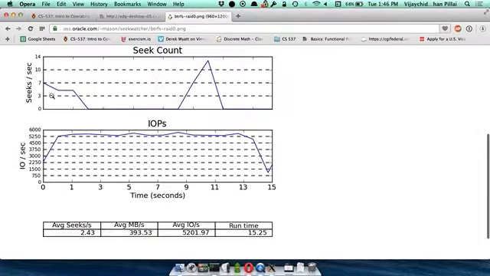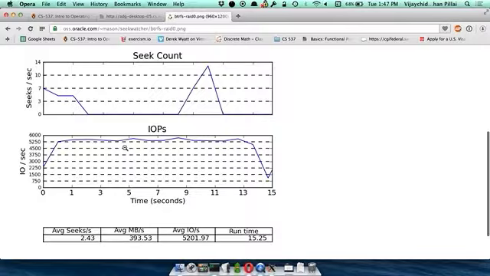Finally, remember that there are 2 ways to look at the output or the performance from a disk. One is how many megabytes per second are we seeing. That's more relevant for sequential bandwidth. If a disk can do 100 megabytes per second, we expect to see something close to that. But if you're doing a lot of random requests, that's usually measured in terms of IOPS. How many random requests per second can we actually do? IOPS is basically IO per second. And we can see that this array is really good. They can do around 5,000 random requests per second.